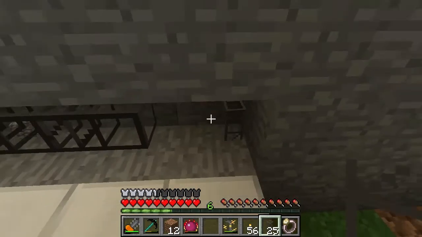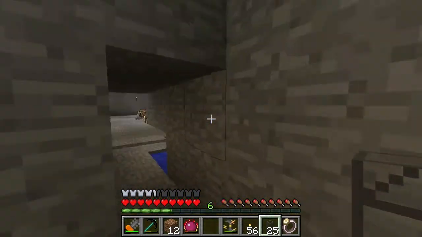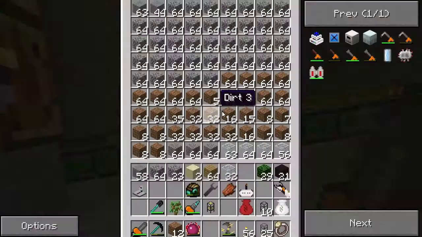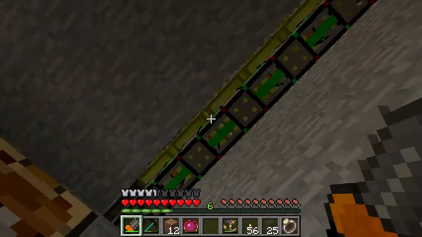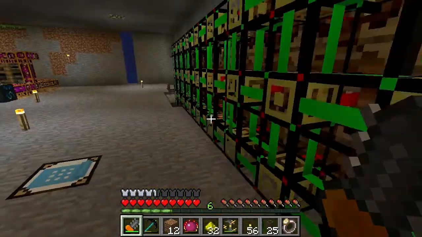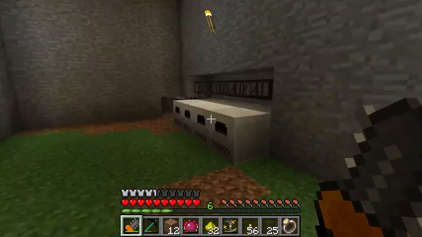So something like that maybe, and then have your other pipes coming off here maybe. Something like, let me show you guys a little example here. If we go to this chest, nope, this chest, get out for yourself a stack or two of glowstone. Come back around in here, and